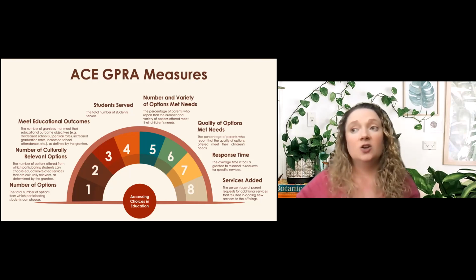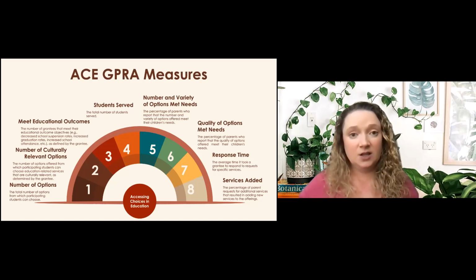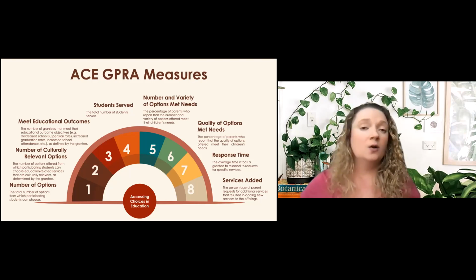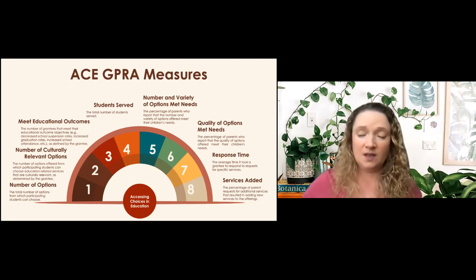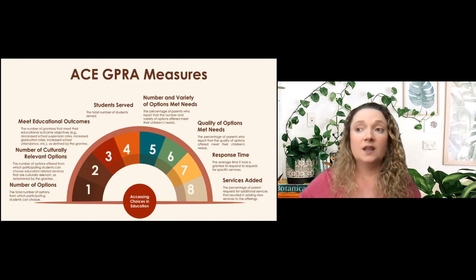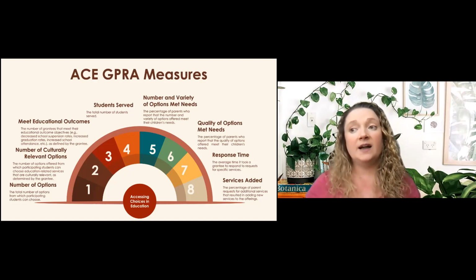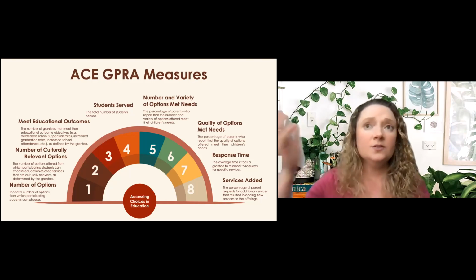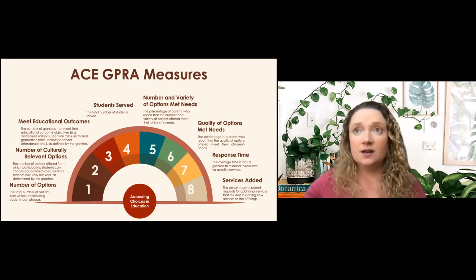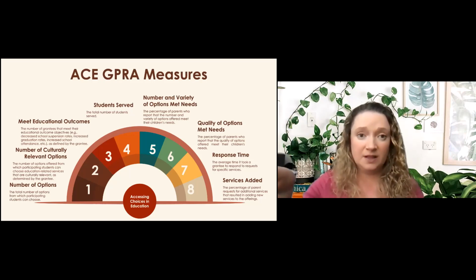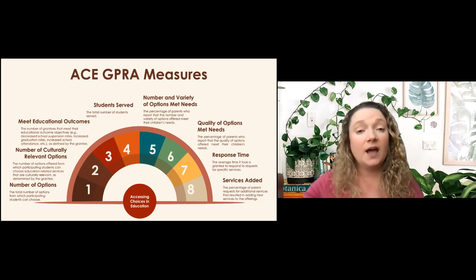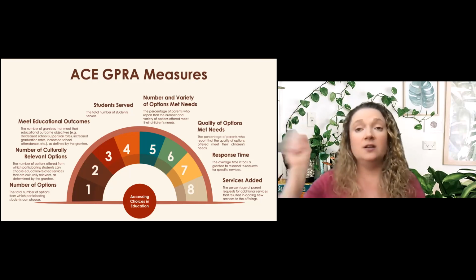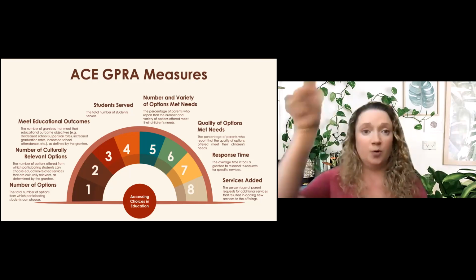So for 7, you're going to be reporting how long did it take you to respond to those requests, whether it was telling them yes, no, maybe. How long does that take? And then for number 8, out of all the requests that you got this year, how many actually caused you to add a new service option? So you'll see none of these are going to be feasible to report on if you're in a planning period. That's okay. If you're in an implementation period, you will need to report on these.